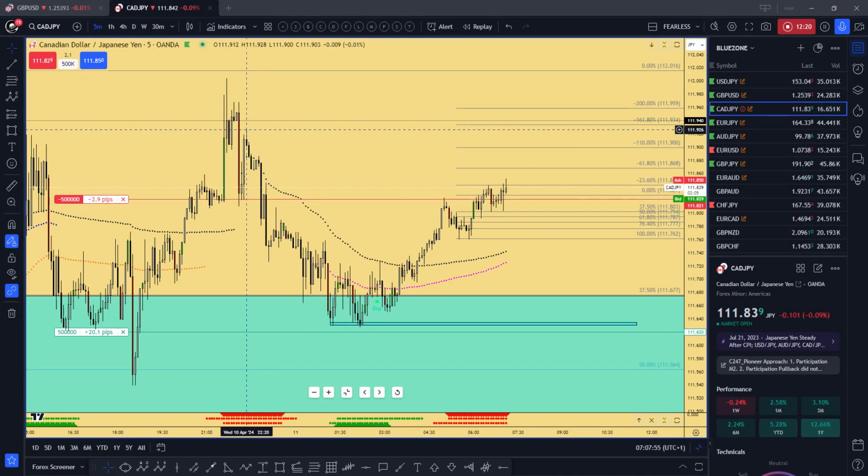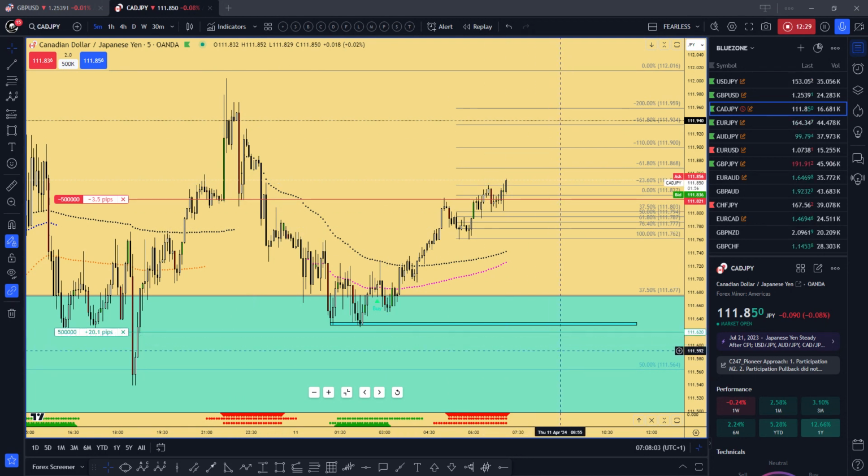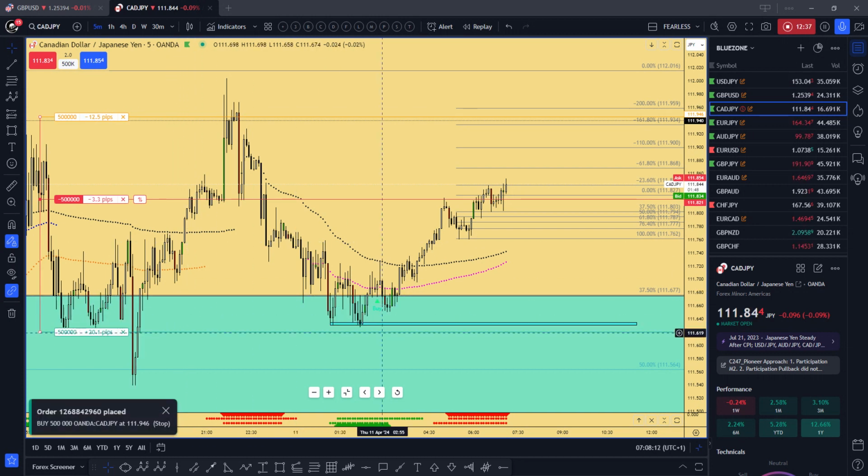Okay, we have a structure here which holds this price in place. If they don't break this structure, then this low will be broken, then we can look to buy. This is the best buy zone this morning. So we put our stop loss just above this structure here, and we target this low for a potential